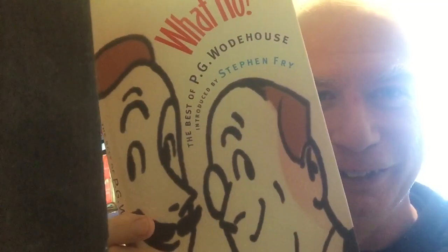So, then we'll move on to the actual shelf, and we go from the Third Reich to something quite a bit different, although connected. Those of you who know the author's history will know that it is connected. This is What Ho? This is a collection of Bertie Wooster stories. Or actually, this has an introduction by Stephen Fry, but despite the fact that it has What Ho, which is Bertie Wooster's exclamation of choice, for which he is constantly being reprimanded by his Aunt Agatha, please don't talk that way. But even so, I don't think this is just